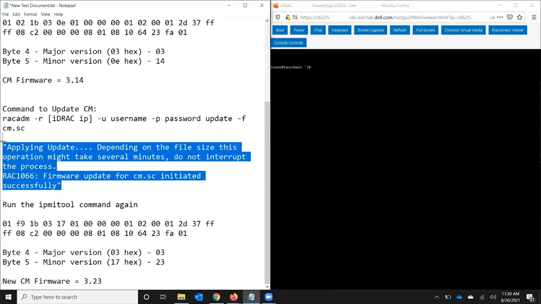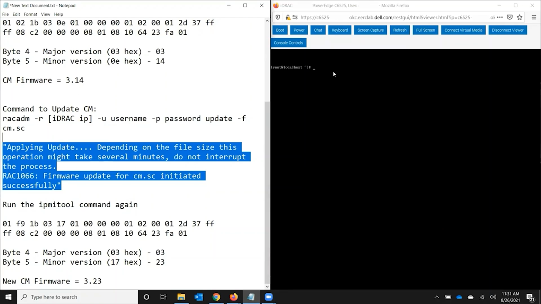When you see this output, you'll be given control of your prompt back, and you can go about the rest of your administrative tasks for the day. Once you see this, though, you want to give the chassis about 10 minutes to actually run the update and process it. However, there is no reboot required. You don't have to reboot the sled that you ran it from. You don't have to power cycle the chassis or anything like that. It should all happen in the background with no impact to your production time.